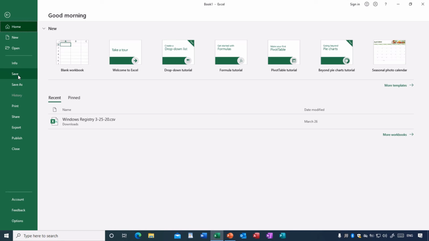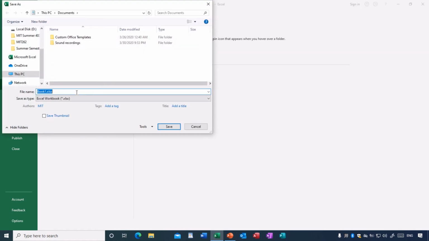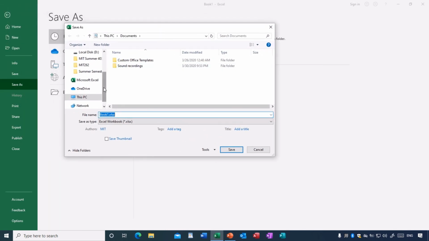But since this is the first time, I have to click Save As. And as you can see here, it will give you options. We have to specify two things here: where is the location I want to save, and what is the file name? So normally we click Browse, and from this dialog box, first you have to choose the location where you want